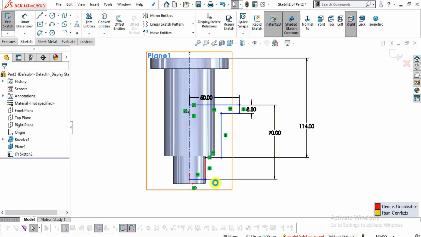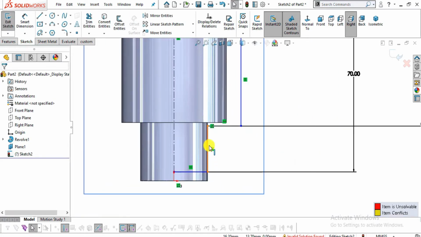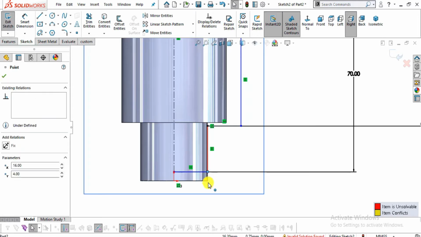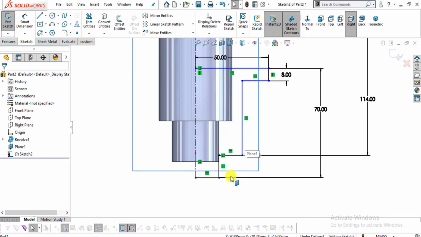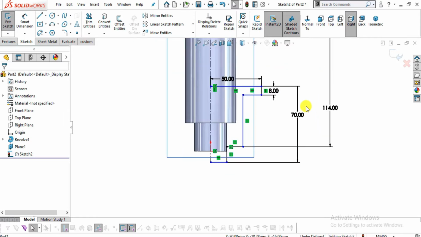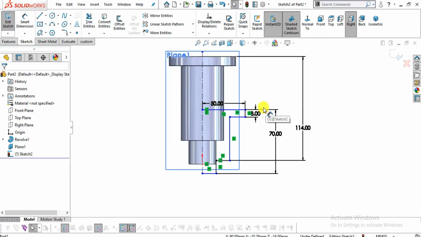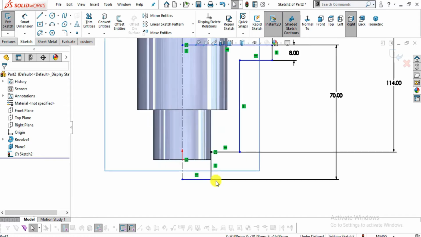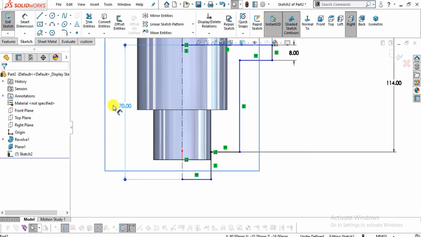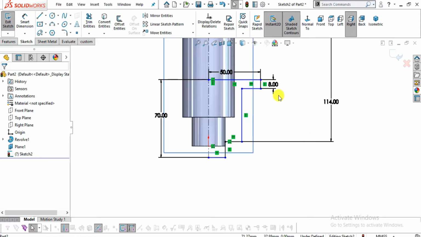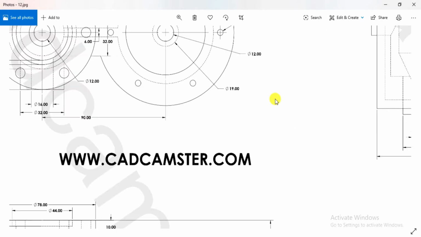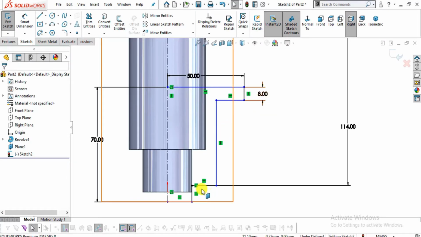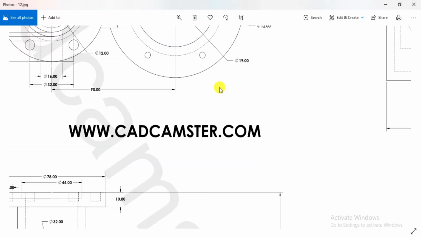Now looks like there is an error. Let me drag this like this. Now it is good. Now I will add some more dimensions. Now you can see from here to here it is 10 mm.